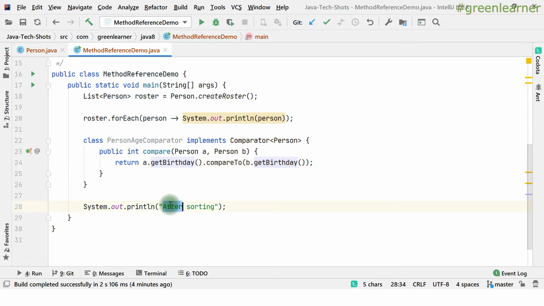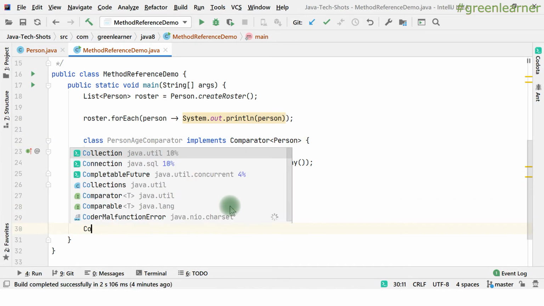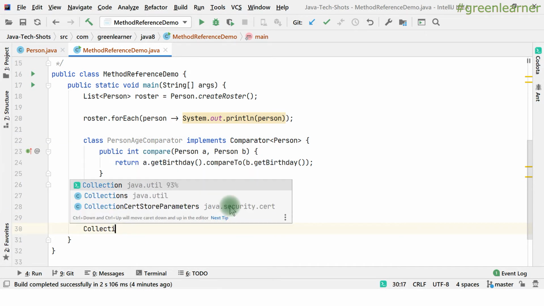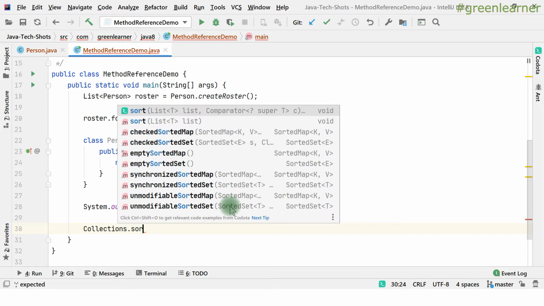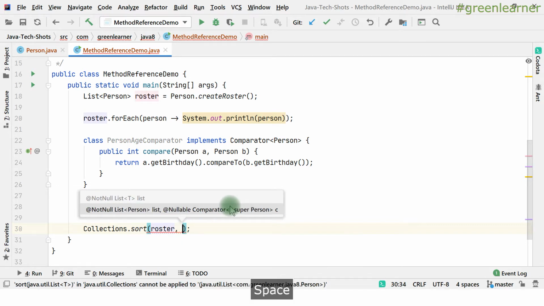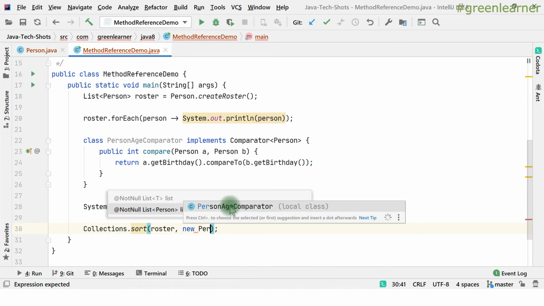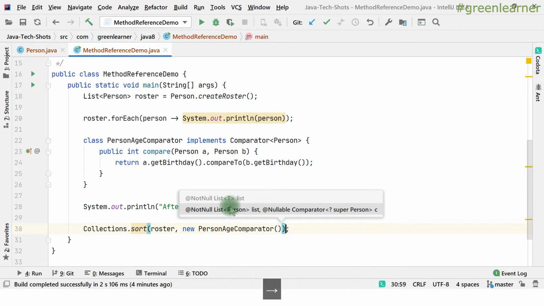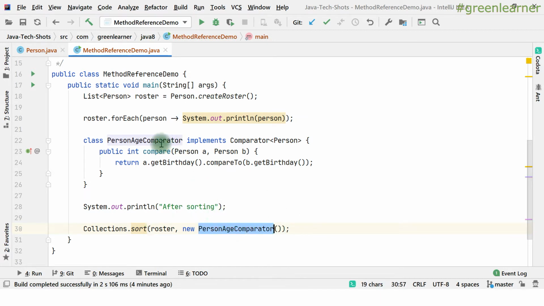To sort, there is a utility class, Collections dot sort. If I want to sort in a custom way, I can pass the roster and then the comparator, the person age comparator instance. After this line, it is going to sort the roster by age.